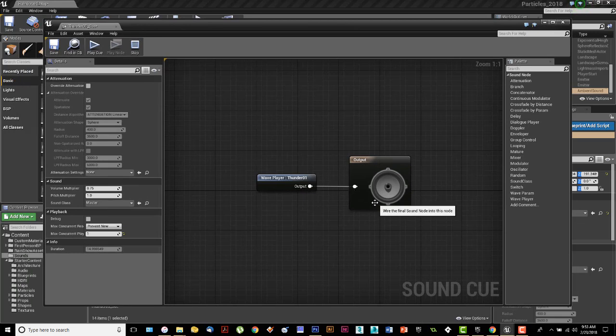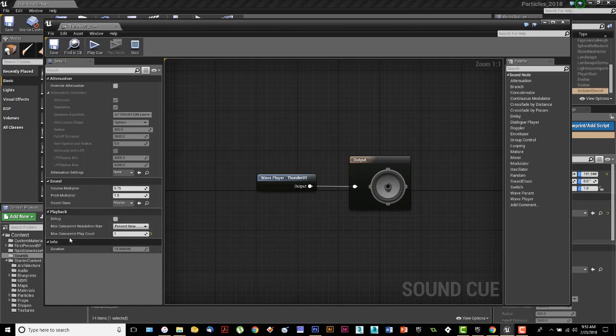this to all of them or do it to one of them, is there is a setting in the sound cue, and it's down near the bottom. So if you don't have anything selected, you'll see it down here. It says max concurrent play. See if I can open that up a little bit. Max concurrent play count. And what I have found is if it's set to 16, if you go in and set that down to 1,